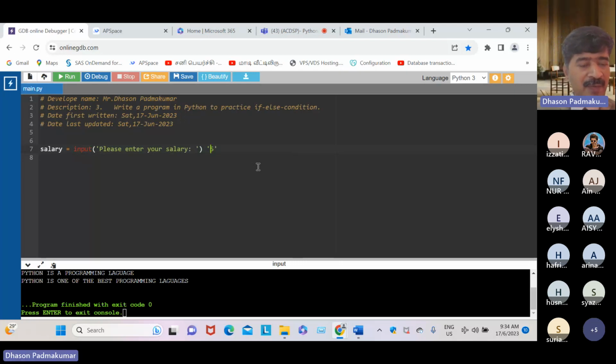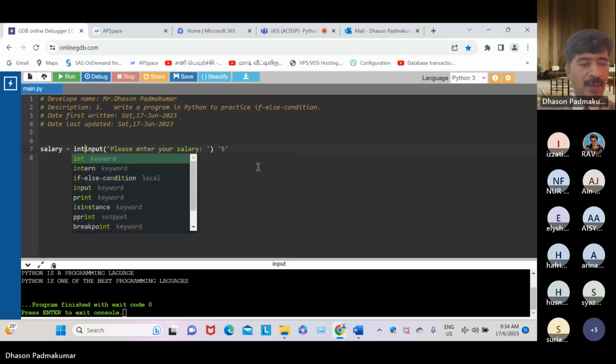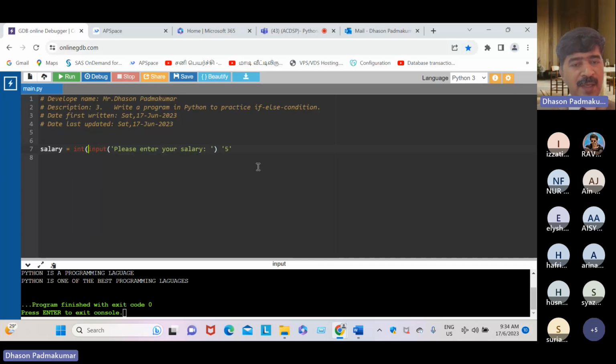So we have to convert this into an integer. Whenever you enter your salary, the left and right single quotation will be removed. It means you're converting the value into an integer.